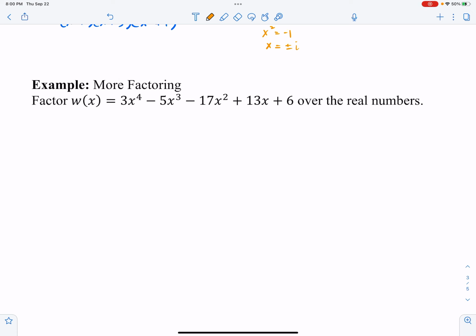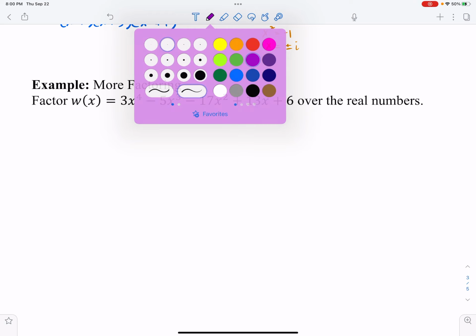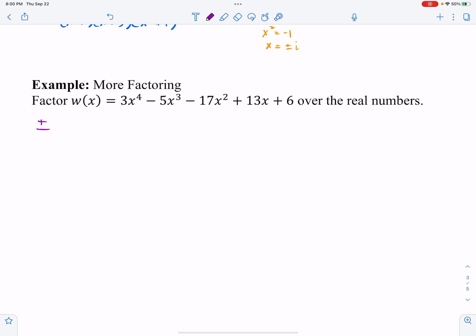Okay, let's try factoring the function w of x over the real numbers. So let's start with our rational root theorem. Our factors of 6 would be 1, 2, 3, and 6. And then factors of the leading coefficient 3 would be 1 and 3. So we're going to have to test plus or minus